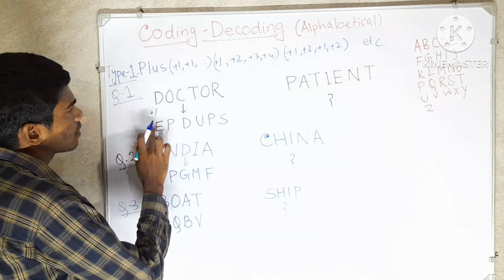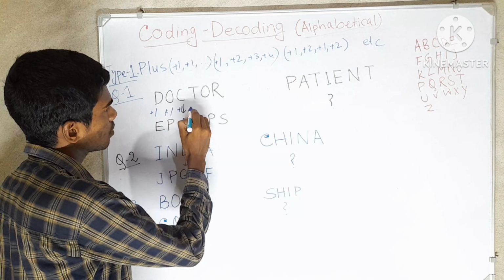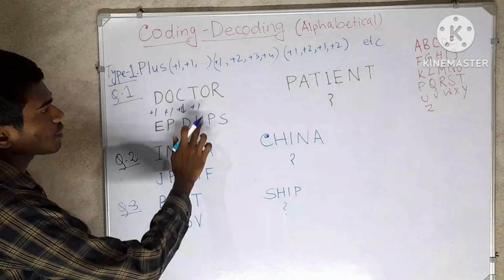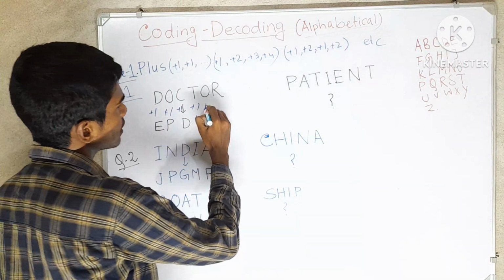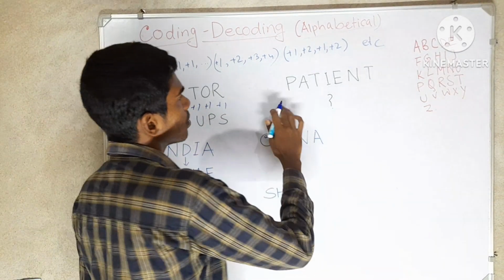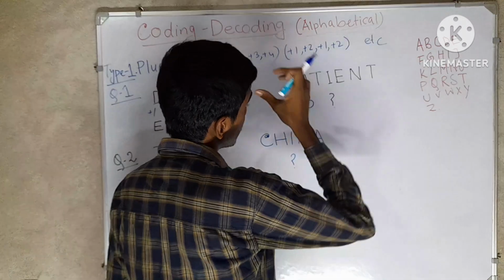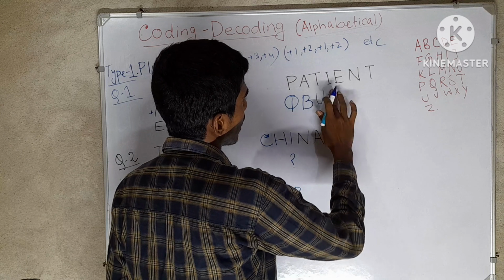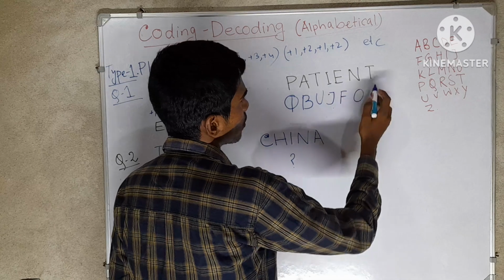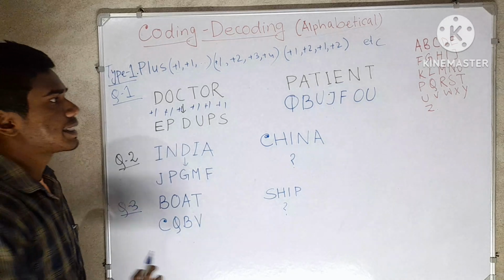D + 1 is E, O + 1 is P, C + 1 is D, T + 1 is U, O + 1 is P, and R + 1 is S. Similarly, P Q, A B, T U, I J, E F, N O, T U. The code for patient is